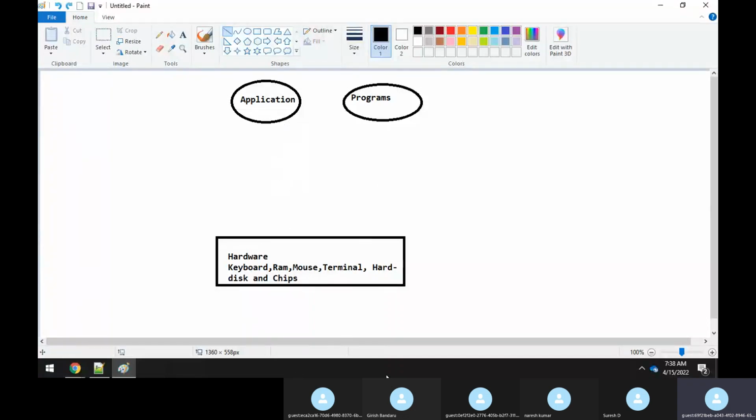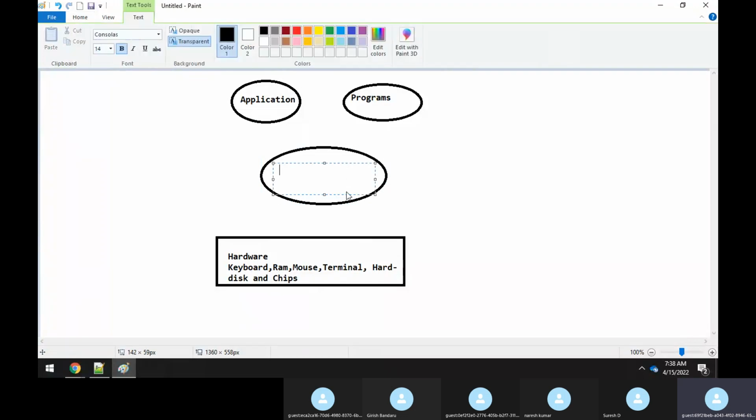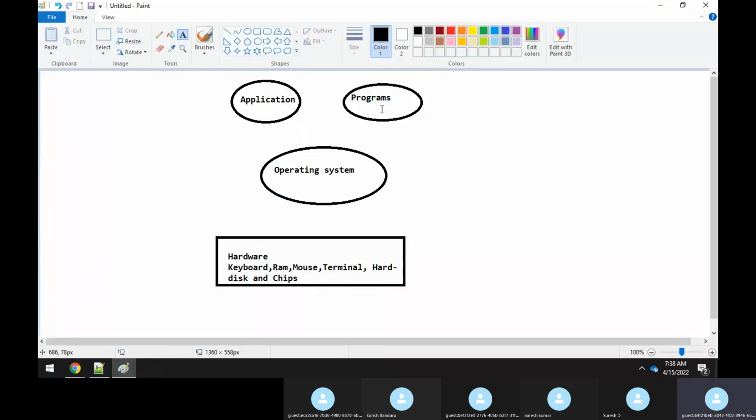So that's the reason there is a small piece of code coming here. This small piece of code is nothing but an operating system. Whenever any application or program wants to interact with the hardware, it can interact with the help of an operating system.